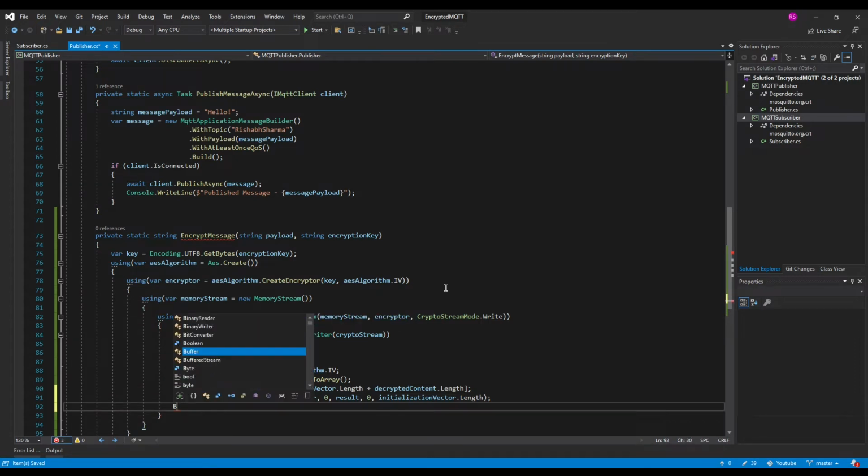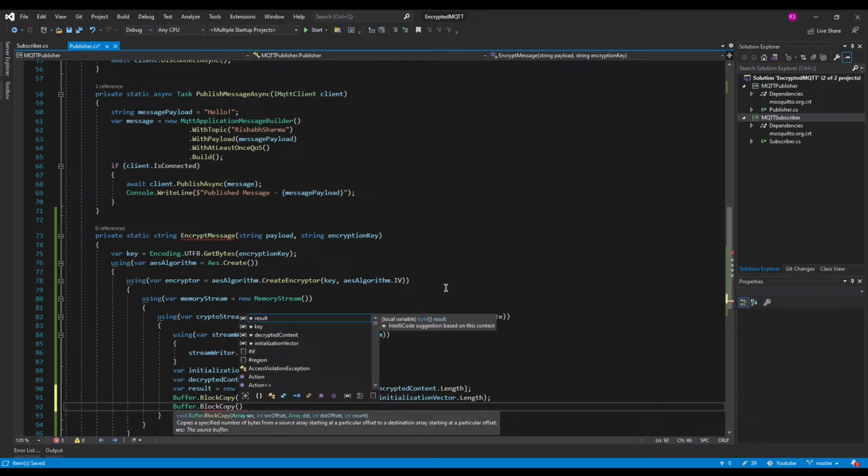Post that, we will copy the encrypted content starting from where the initialization vector's contents have ended, and then we will copy the entire encrypted content into the result itself.